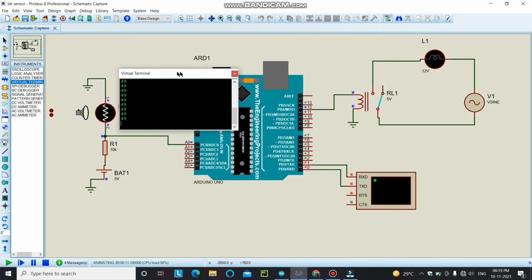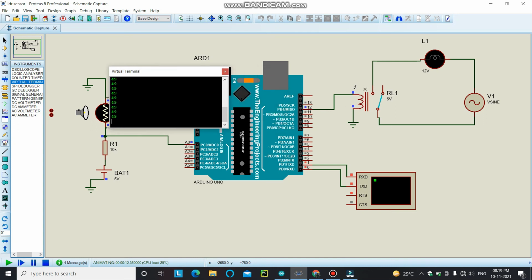Well, there's one more thing to consider. Before you simulate your circuit in Proteus, you choose the hardware for this project. You have to select a 5-volt relay here. If you are using this circuit in software, then you have to double click on this AC source and set the magnitude, the amplitude, to 312, which is the peak value of an AC signal whose RMS value is 220 volts. And you have to double click on this relay also to change it from 12 volts to 5 volts.